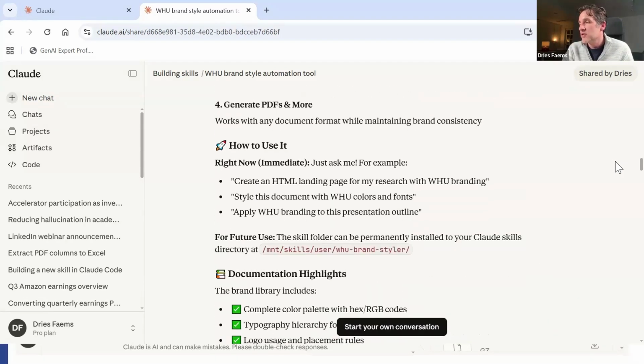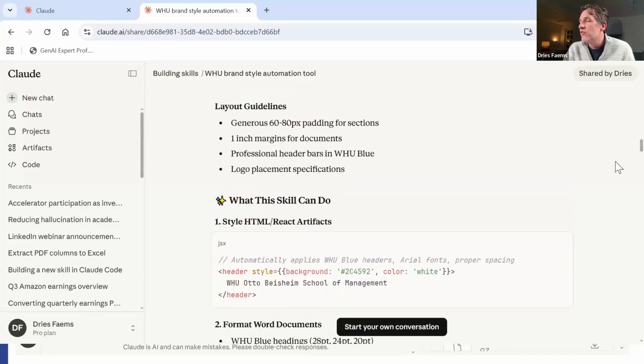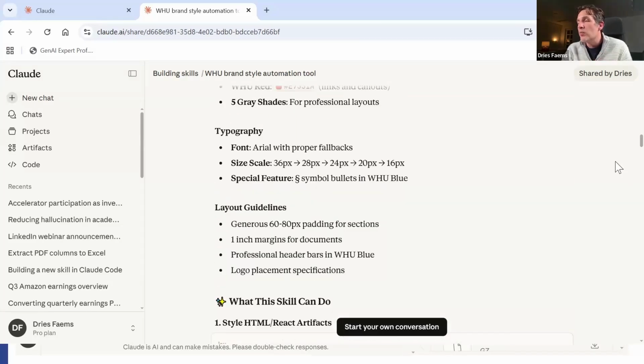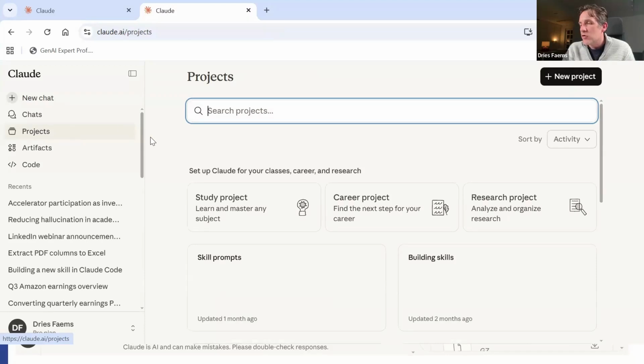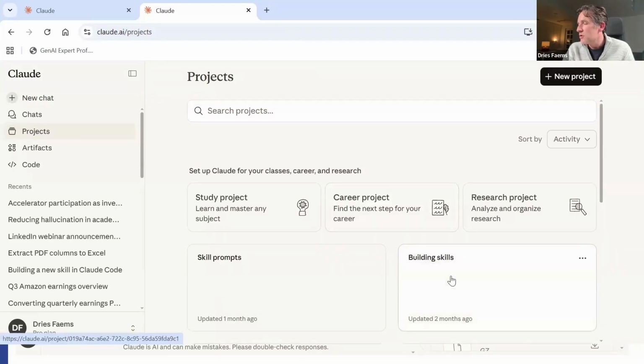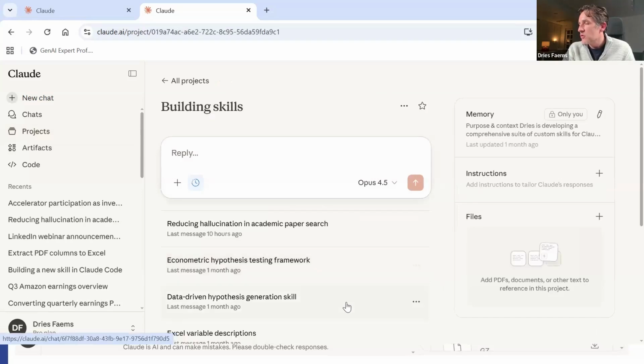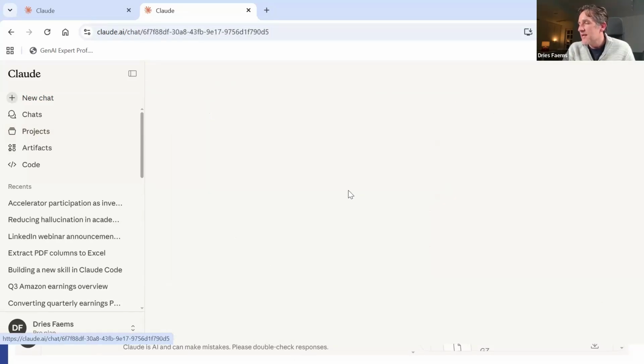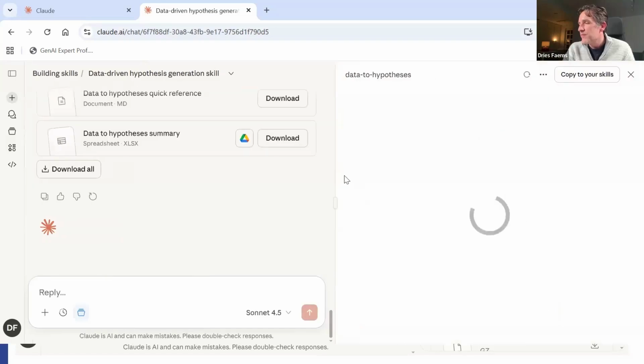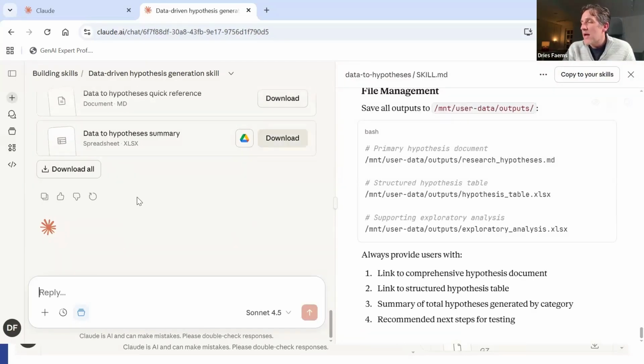That's it. So it will create a file for you, and that file you can copy into your skills. And maybe just to give you another example, I also built other skills. So I can show you one more. So let me do that. Here, for instance, I built a skill to create data-driven hypotheses. And then you can simply download this skill and upload it into your capabilities, and then you can